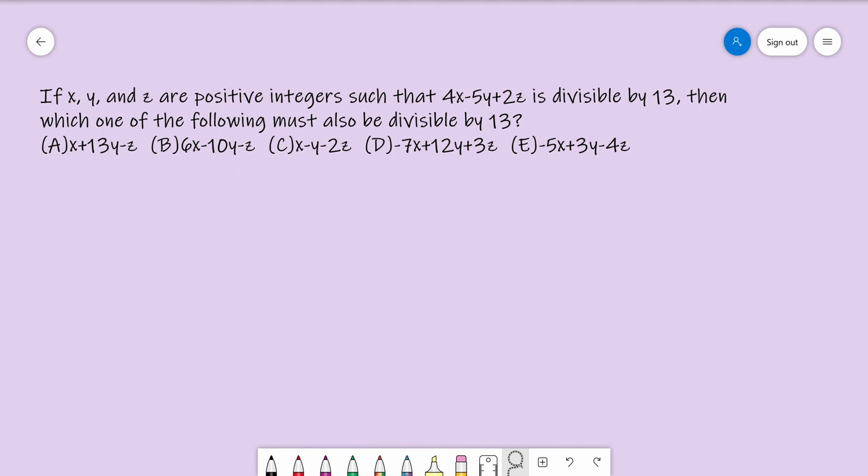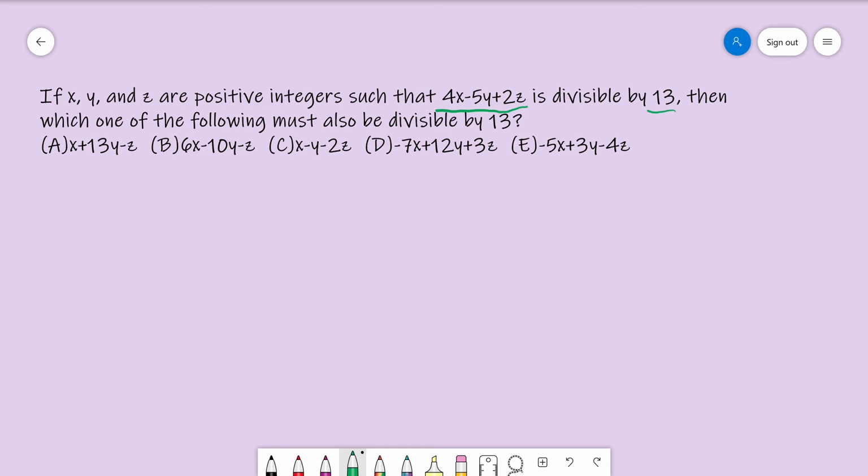It tells us there's three numbers, x, y, and z, positive integers, and that the expression 4x minus 5y plus 2z is divisible by 13. And then it asks us which of the following expressions also has to be divisible by 13, and we're given 5 choices. Well, one way to do this problem is to sort of trial and error, try different numbers and